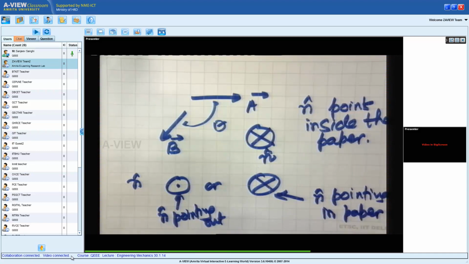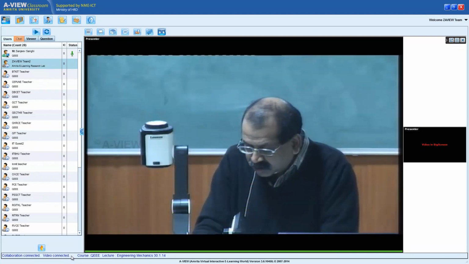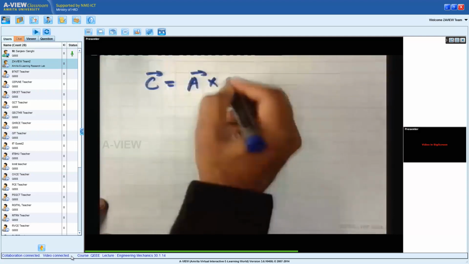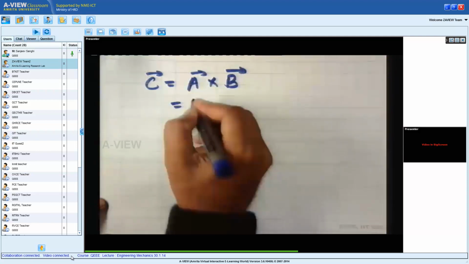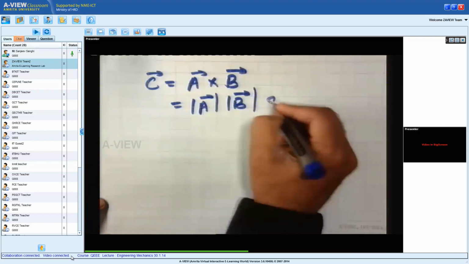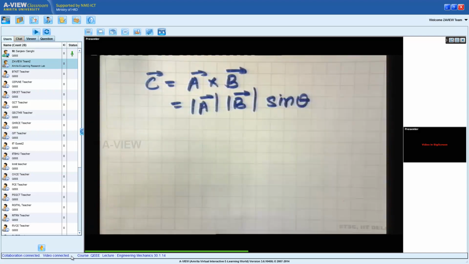So this is how we represent the cross product. Once again I'll write this. We showed that vector C, which is equal to A cross B, is equal to magnitude of A, magnitude of B, sine theta. So now one thing you will realize,